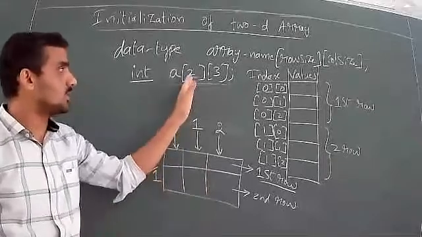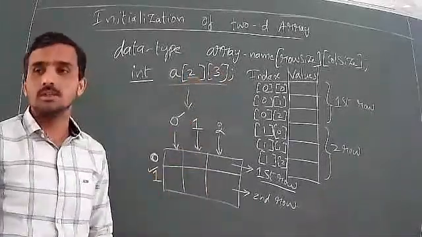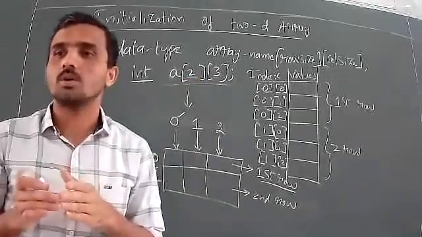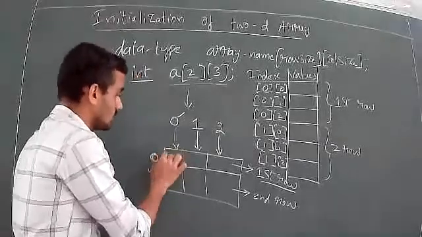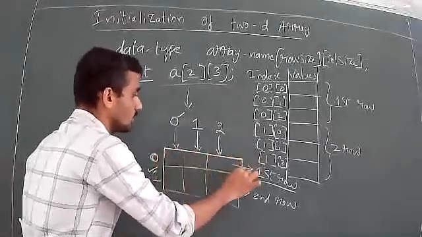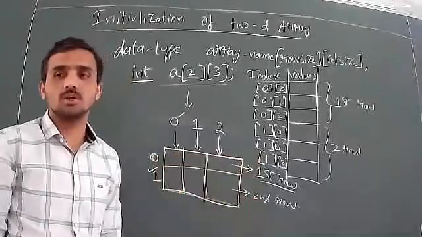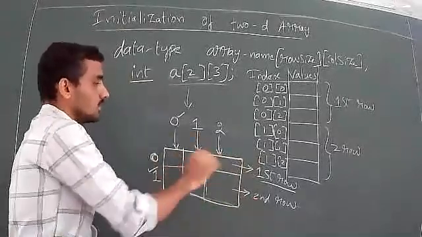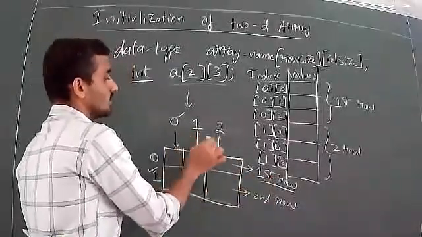Just see how many rows and columns you have written: 2 rows and 3 columns. By looking at the number of rows and columns, you can write the table format. I think it's not difficult. So I have written it; look at this table, 2 rows and 3 columns. By looking at the box only, you can say 2 rows are there, 3 columns are there. You just indicate first row, second row, first column, second column, third column.